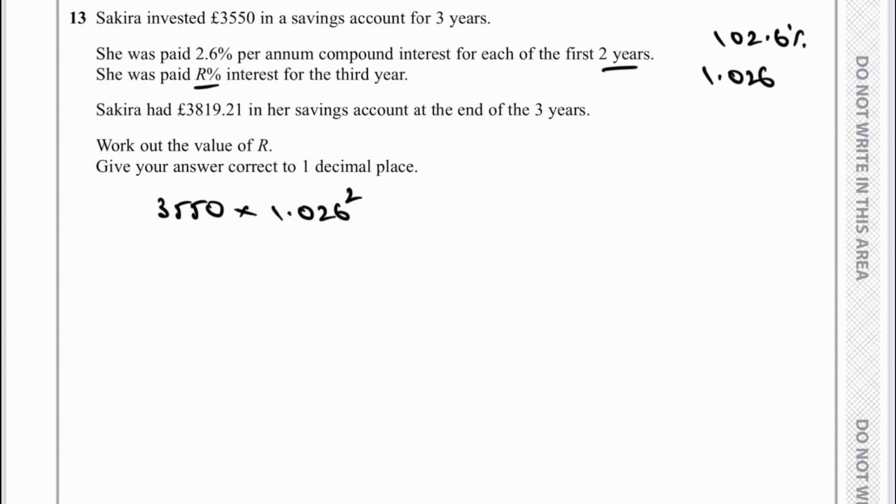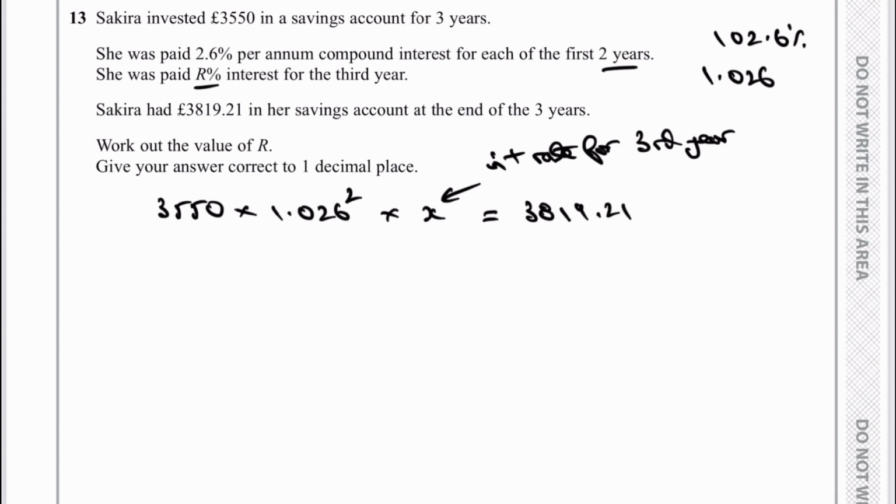And then she's also got this R interest rate. So if I just call that X, that's going to be her interest rate for the final year, or third year. Okay, and at the end of that period of time she's then got a total of 3819.21 in her account. So therefore, if we want to find X, it's just really a case of making X the subject. I'm going to get 3819.21 all divided by 3550 multiplied by 1.026 to the power of 2, and that's going to give me